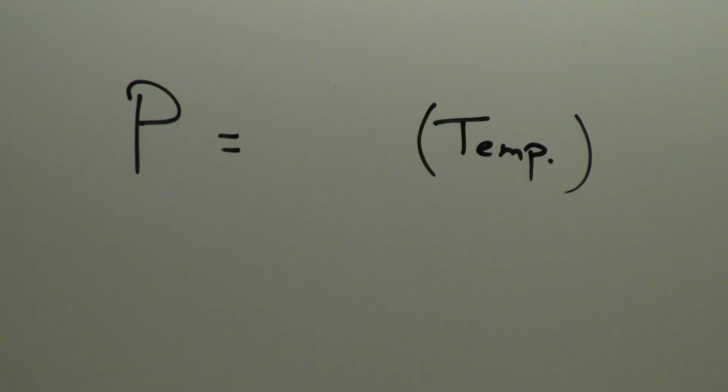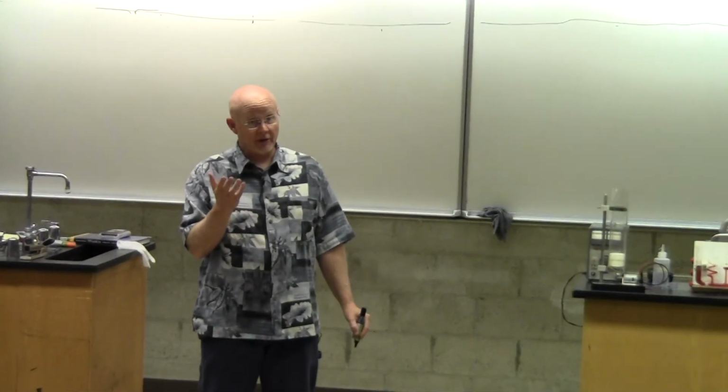And with that said, which temperature scale would I use? Would I use Fahrenheit? Would I use Celsius? Or would I use Kelvin? I hope what you got out of that discussion just a moment ago is that it would be the Kelvin scale. See, the Kelvin scale is the only one where the numbers on the scale are directly related to the motion. And it's the motion that causes the pressure.